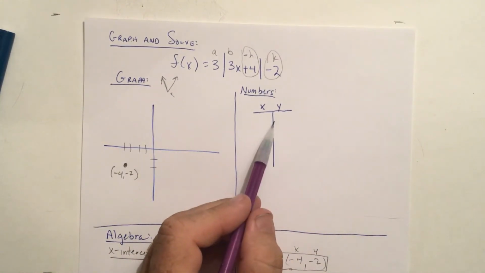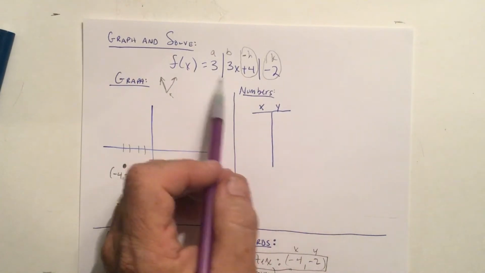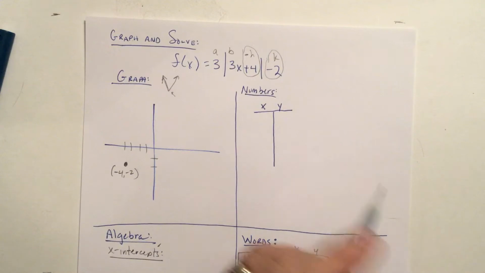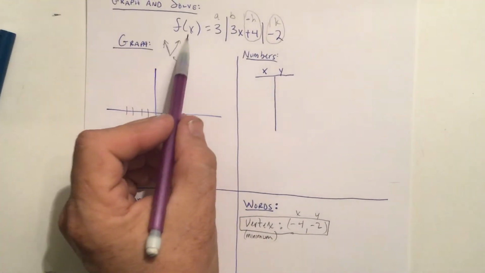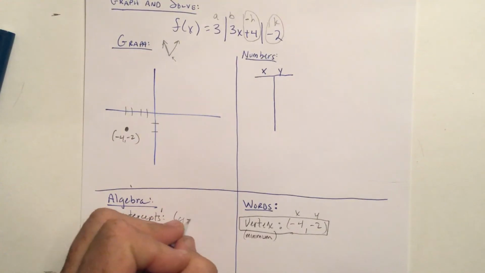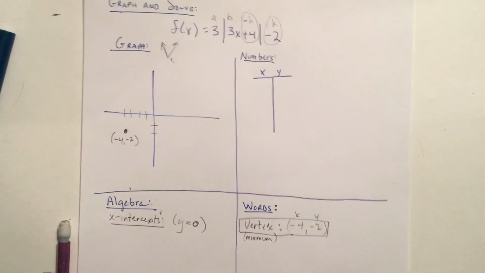I'm not necessarily going to go automatically to here and find one to the left and one to the right. I would rather do something that's going to give me 2 points and I'm done. So I'm going to find my x-intercepts, and that's where algebra comes in. If I'm looking for my x-intercepts, it means y is going to equal 0. Well, if you guys remember,